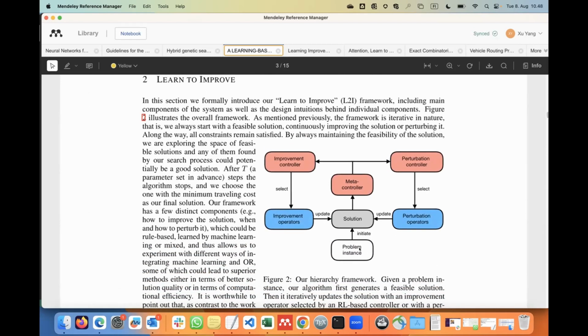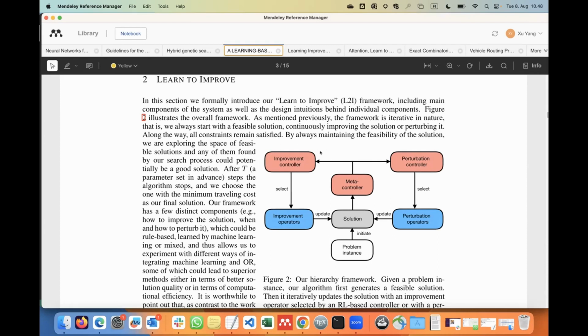So a problem instance has a current feasible solution. For this solution, it either uses the improvement operators to improve the solution, or it uses a meta controller to choose either an improvement controller to improve the operations and update the current solution, or a perturbation controller to perturb the solution and choose a new one.